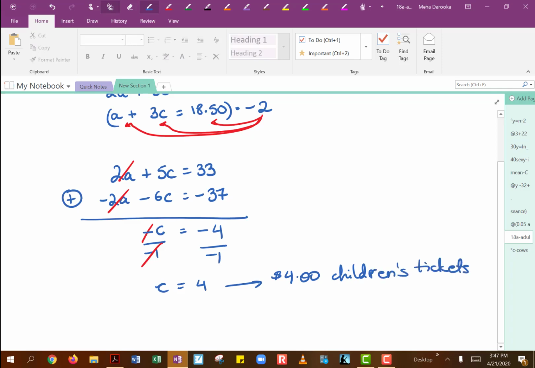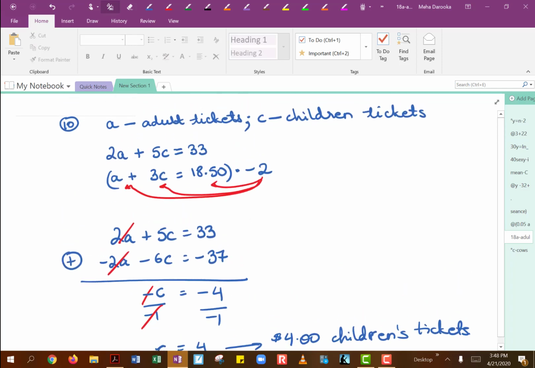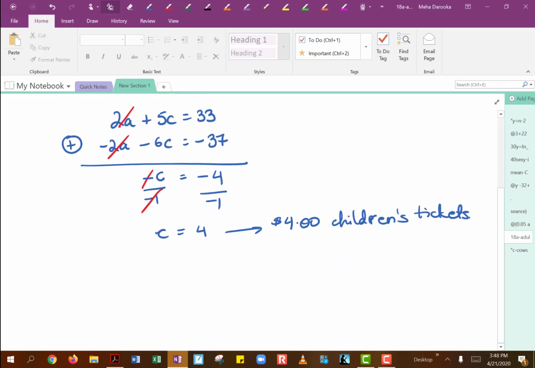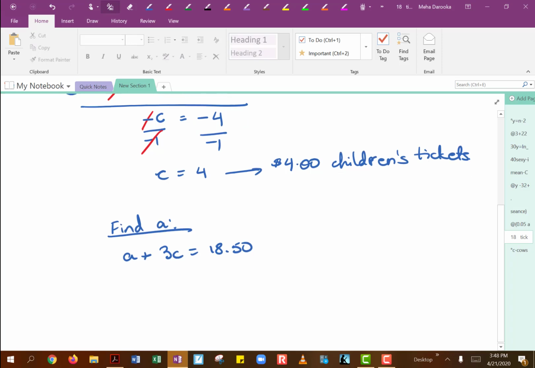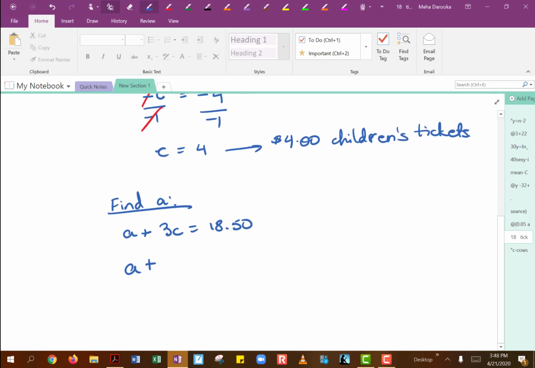Okay, and once you find the amount for the children's tickets, then of course we can put this value back into our original equation, one of the original equations, and see what we get for the adult tickets. So how about we use the second equation? So let's go ahead and find a, and we'll use a plus 3c equals 1850. Now we know c is $4, so that's going to be 3 times 4, which will of course give us 12. And then when you subtract 12 on both sides,